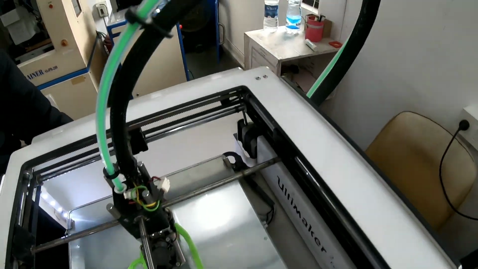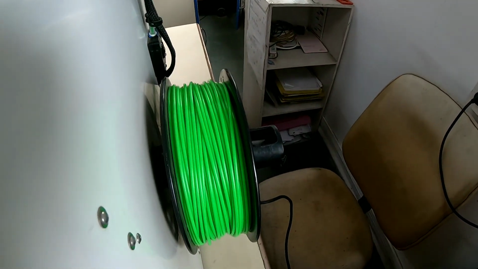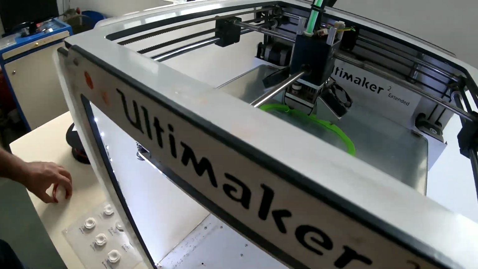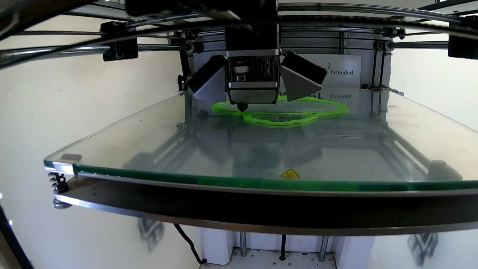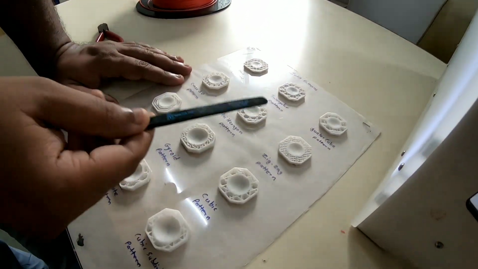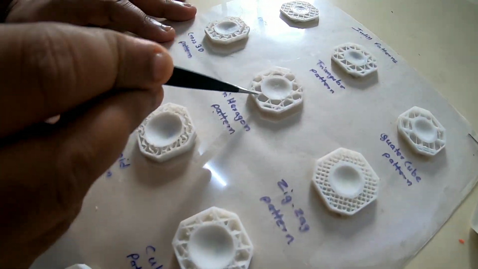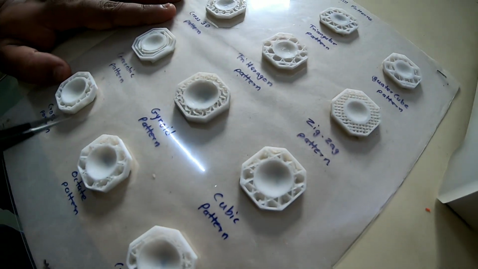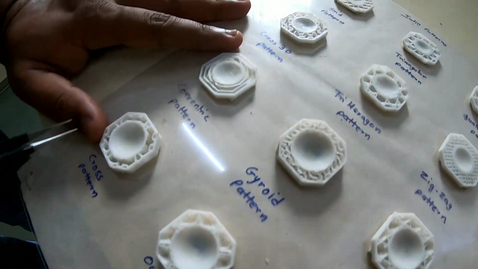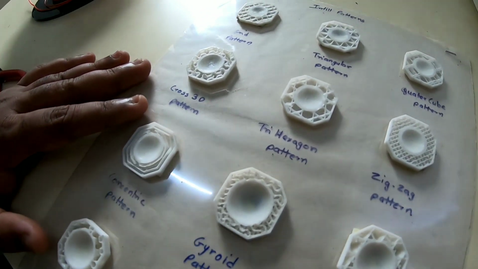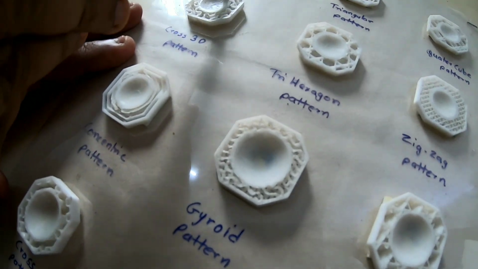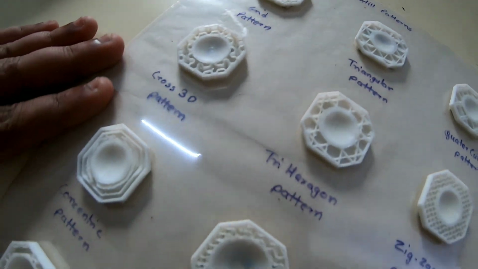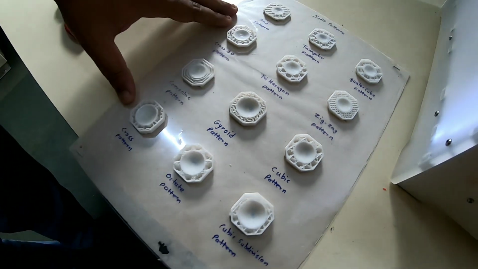This is how the feeder is given from the back, ABS material, and this is how the 3D printing is being done. So these are the different shapes. If you see, there are different infills which are provided. So this has less strength, this has higher strength, this has even less strength. There are different parameters which have been tested for the different infill parameters we have selected in our 3D printing. So if you select grid pattern and infill percent of 60, it will have more strength. So that is how we can learn about this in our training of 3D printer.